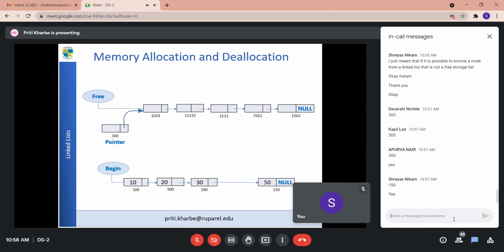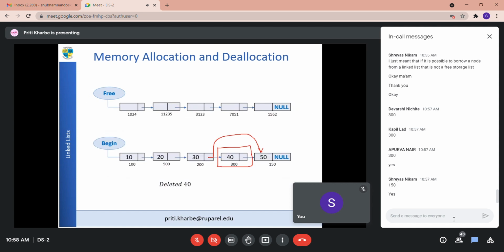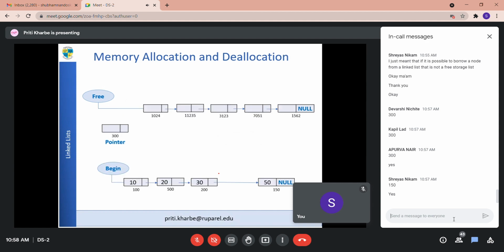Okay, in the previous case, see 40's next, 300's next part, it was containing address 150, right? But now I will say pointer's next is equal to free.